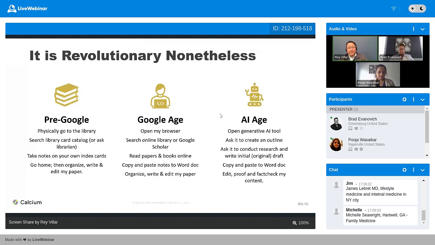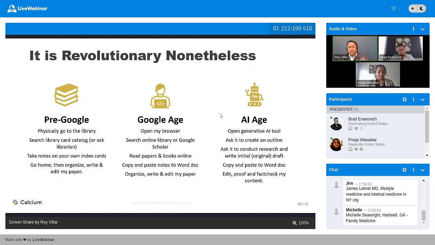Today, though, it's even more revolutionary. Just last month, I finished writing a 40-page ebook on technology requirements for primary care in 2023. It was really well researched. I'm not bragging here because I didn't really do the research, but it was a well researched paper. And it took me only about 2 weeks in between all the other things I had to do, where in the past it would have taken me at least 4 months.